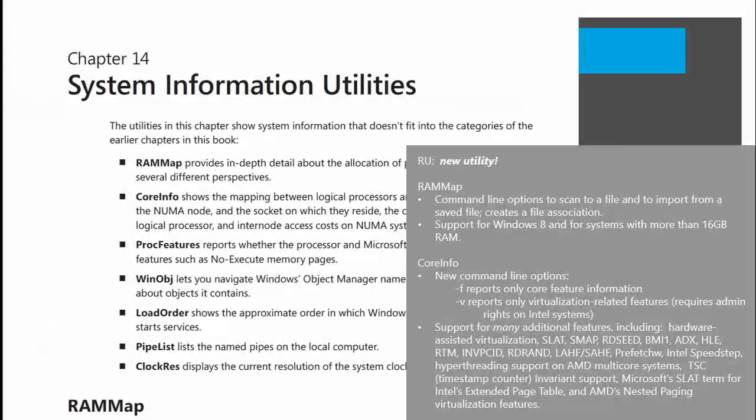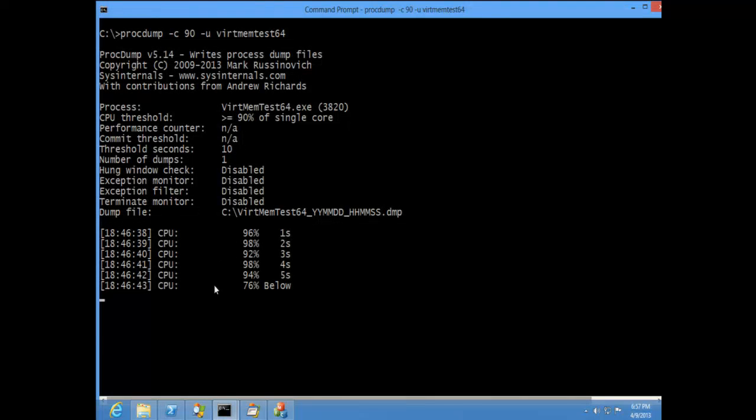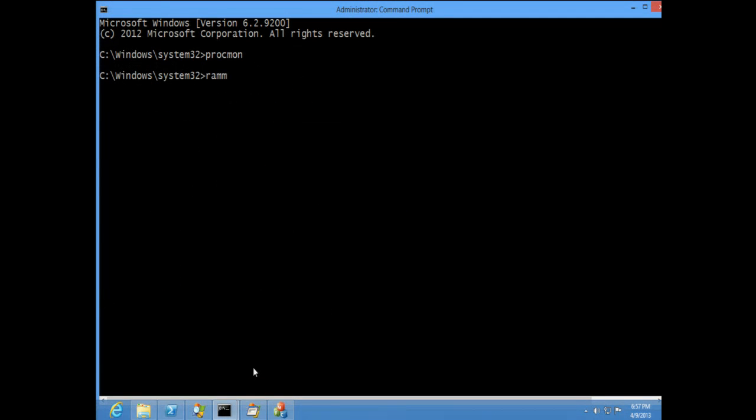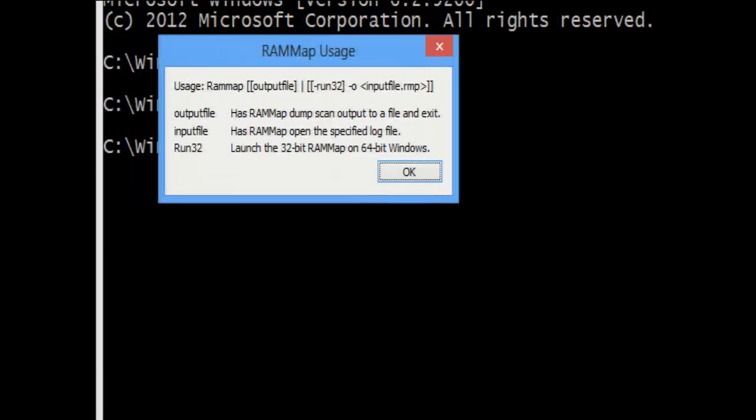First, I do want to show you RAM map. Oh, that thing's still running. I have an admin command prompt. RAM map is a utility that will show you how physical RAM is being allocated and what's in physical RAM.